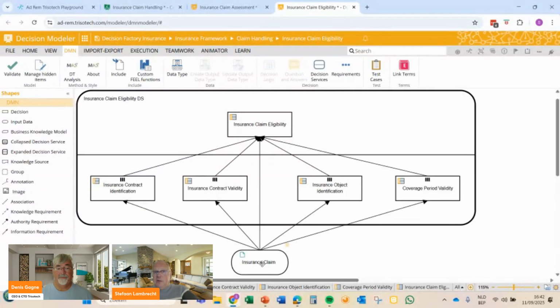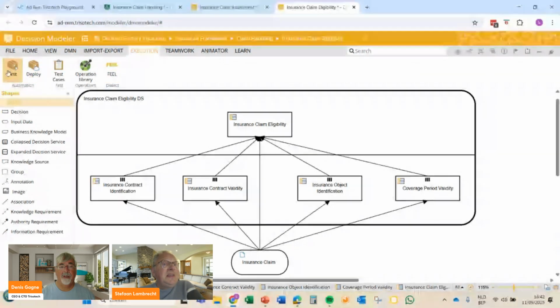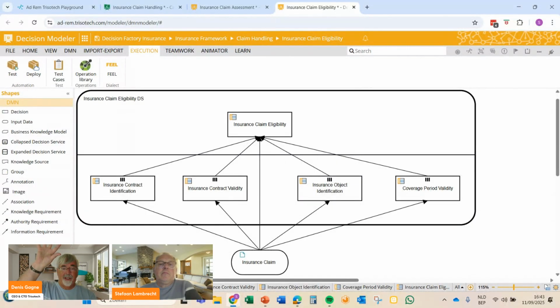So at whatever level of my decision model, I can fully see, if I test it, whether it's working okay. And I'm going to show it. Before you go there, Stefan, I just want to clarify, maybe for some people that are not used to DMN, the decision model annotation, what you're showing us now, this is a decision service that you created, and in the top half of the box is what is exposed to the consumer, but in the lower level, you have all the different work that is kind of hidden. So you can decide what you make available and exposed and what you keep internal to what you're doing.